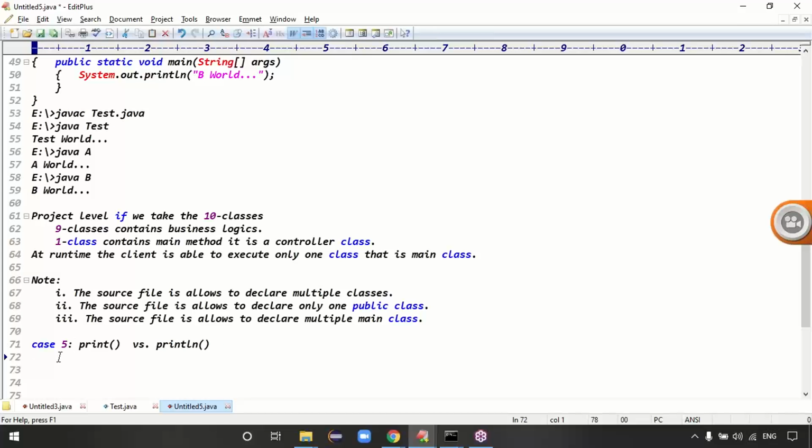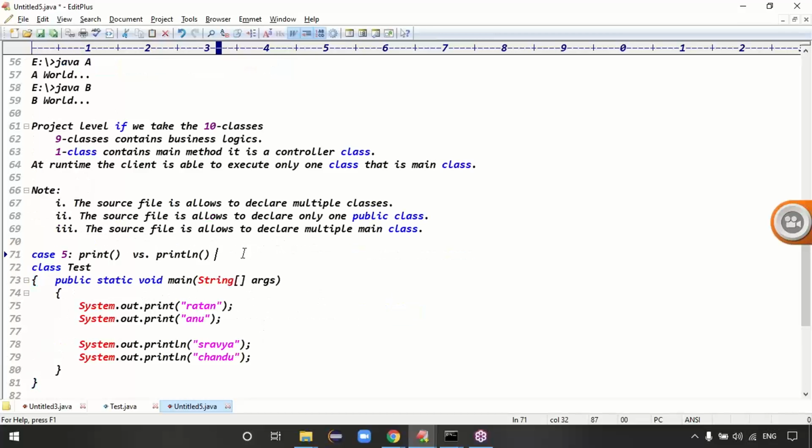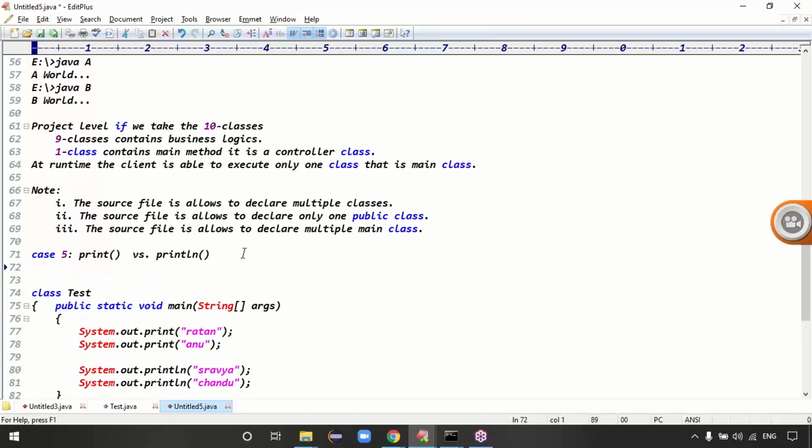It's called print versus what? Println, guys. Remember print versus println. Print is used to print the data. After printing, control is present in the same line, right? Exactly.